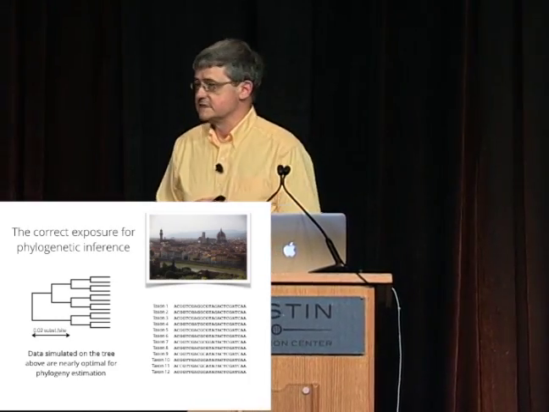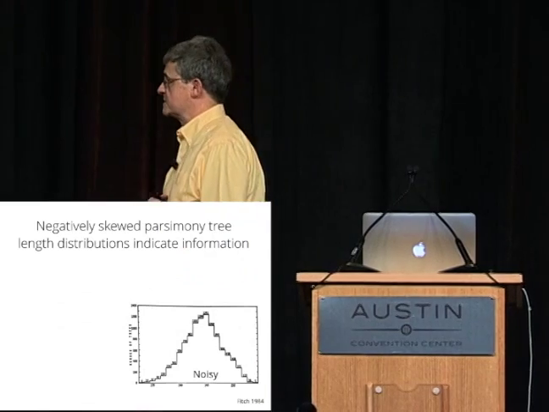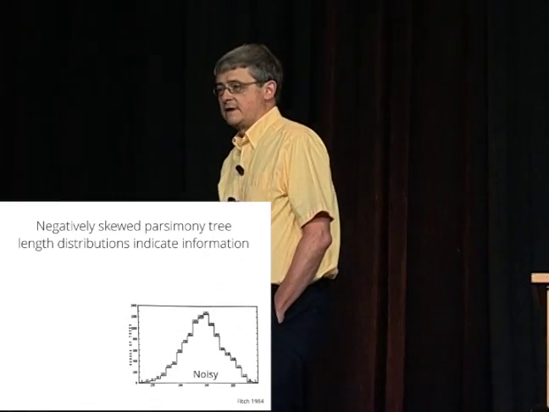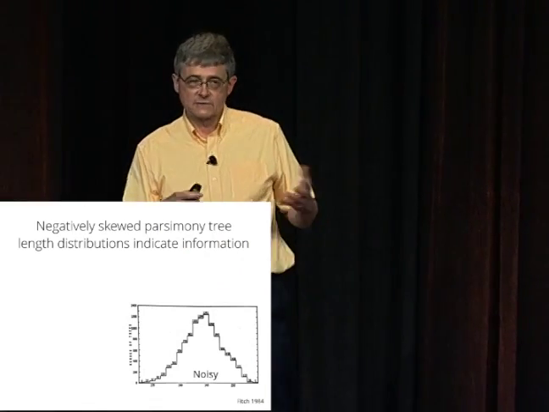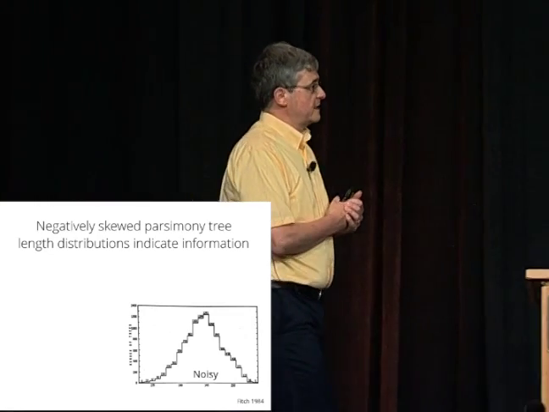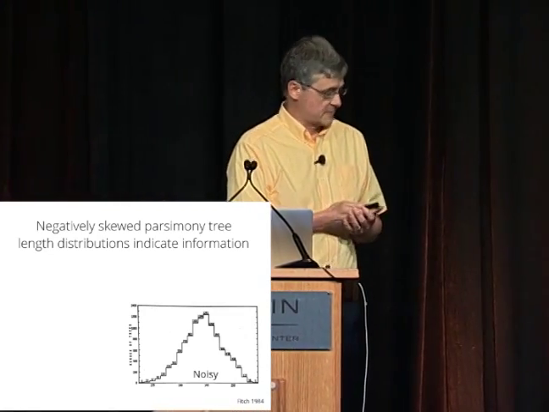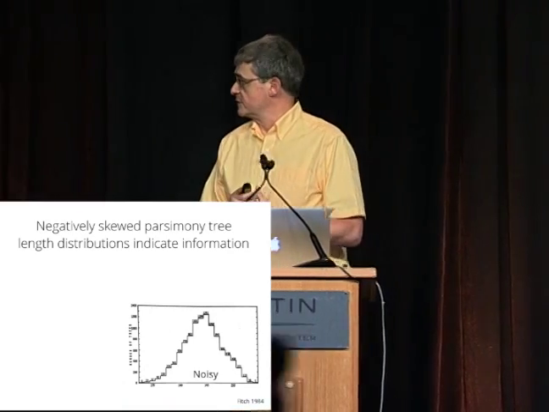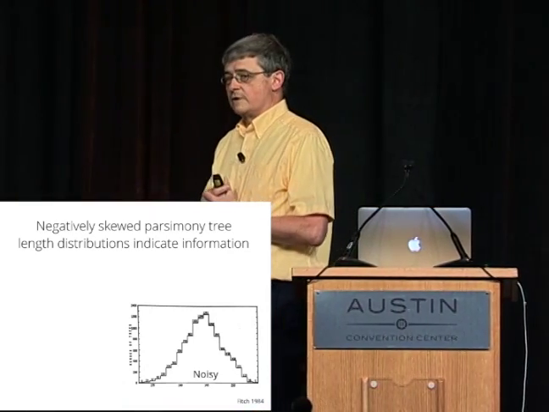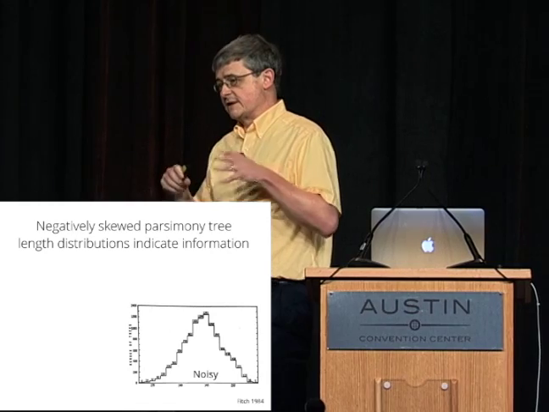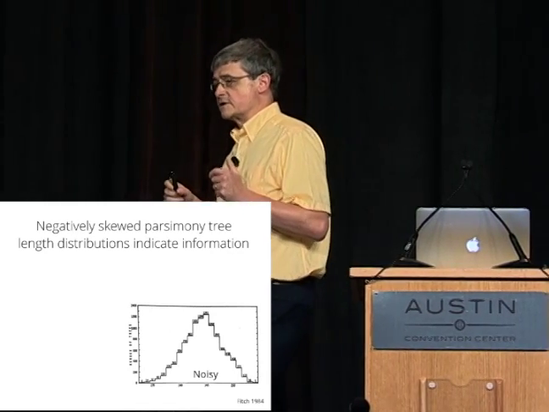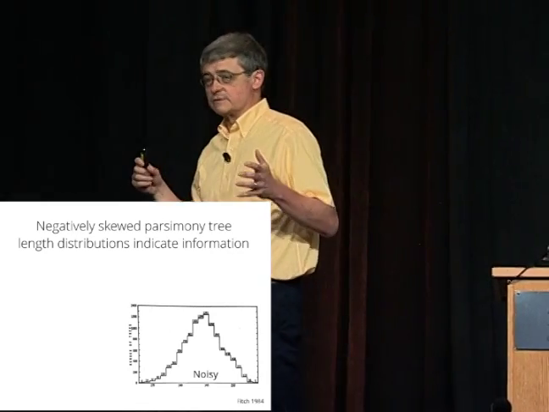Over the years, systematists and molecular evolutionists have worked out several ways of estimating information content. So I'm going to spend a minute or two going through some of those different ways. I won't get a chance to go through all of them, but I'll go through some of the major ones. So in the 1980s, Walter Fitch did things like calculate the parsimony tree length of all possible trees